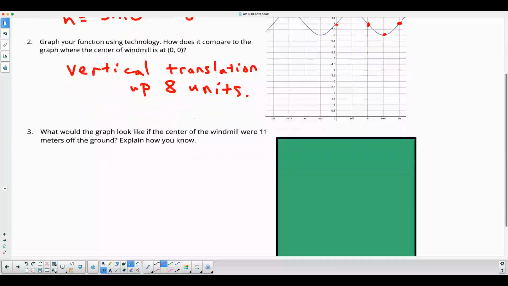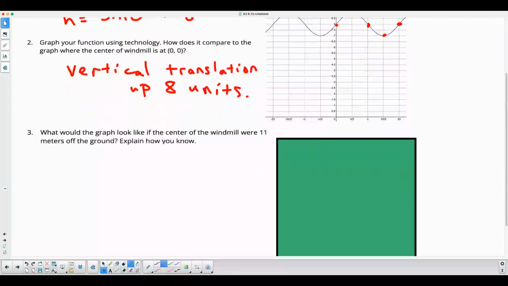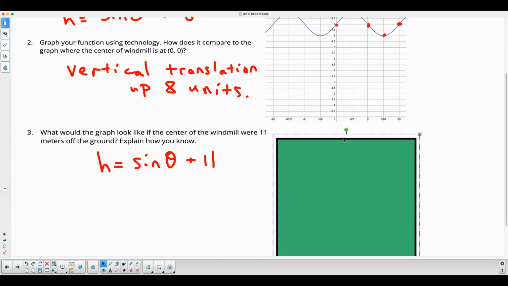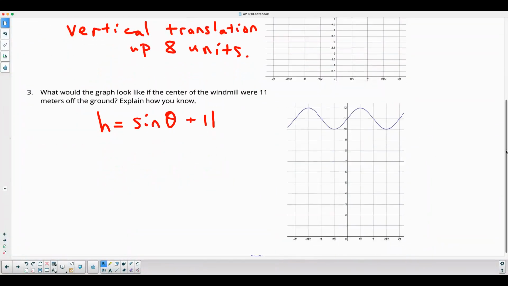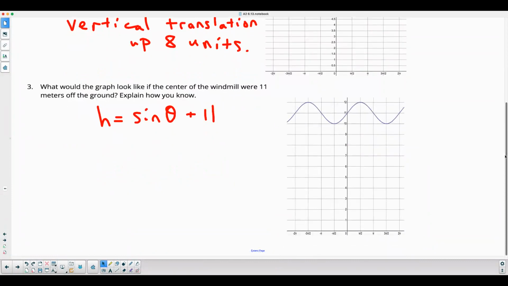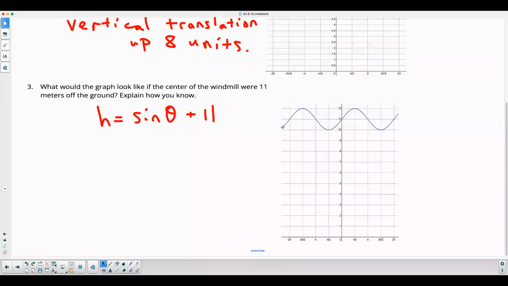So if it was 11 meters off the ground, well, it'd be the same graph, h equals sine of theta, but we're going to have to add 11. So everything, the midline is basically going to move up 11. So it's pretty much the same graph. It's just, if I were to trace it